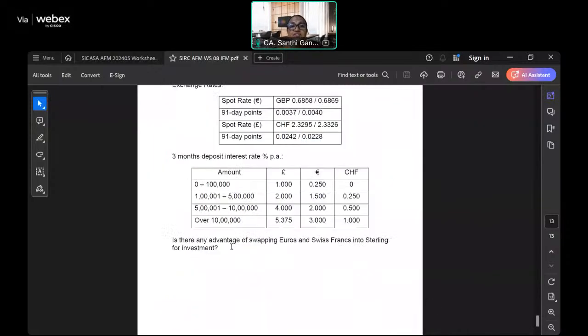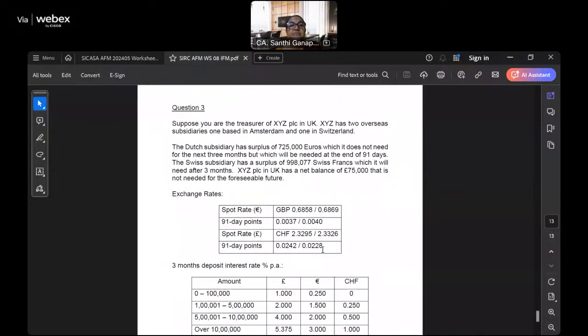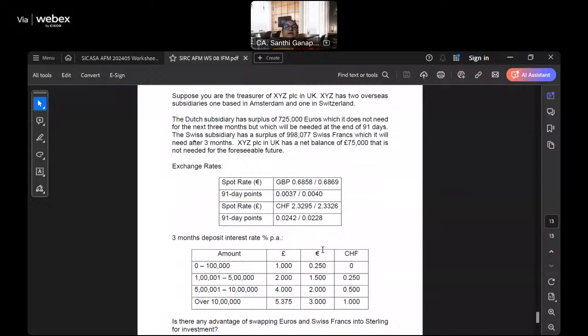Is there any advantage of swapping euros and Swiss franc into sterling for investment? Supposing you are the treasurer of XYZ PLC in UK. XYZ has two overseas subsidiaries, one based in Amsterdam and one in Switzerland. The Dutch subsidiary has surplus 725,000 euros, which it does not require for 3 months, but which requires at the end of 91 days. Swiss subsidiary has a surplus of